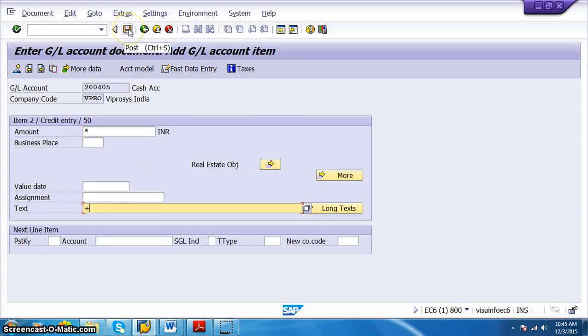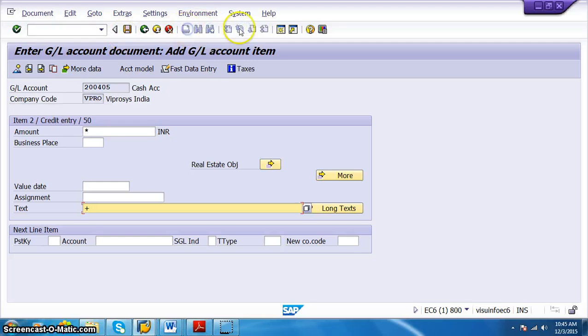Now I just need to save. Okay, so they will not have the access to post it. It will be grayed out like this, so we cannot click this.